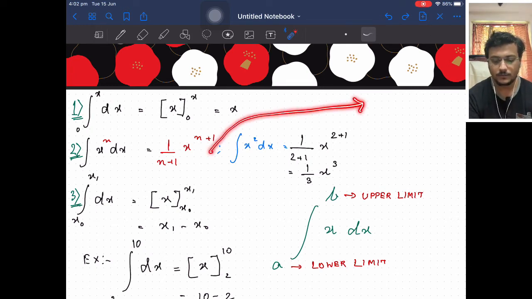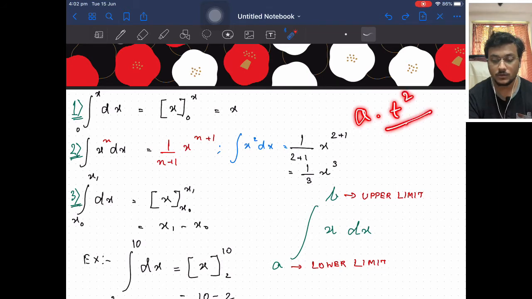Let's follow this formula here and we can write it as a t dt, where the constant a will stay outside. Integration of t dt will give us t to the power of 1 plus 1, that is 2, divided by n plus 1. n was equal to 1, so 1 plus 1. So we end up with an answer a t square by 2, which can be rewritten as half into a into t square.